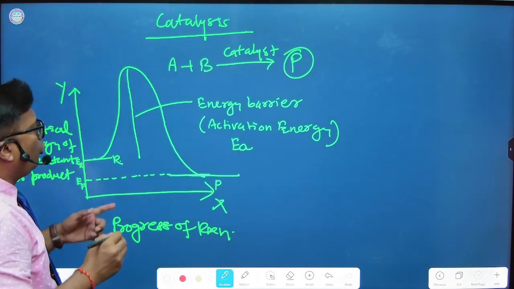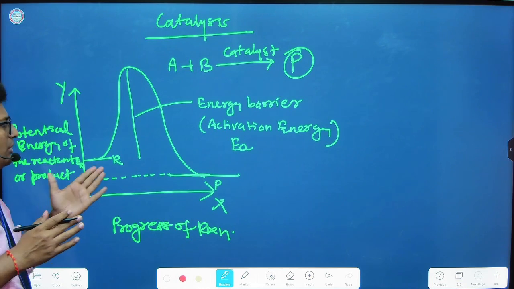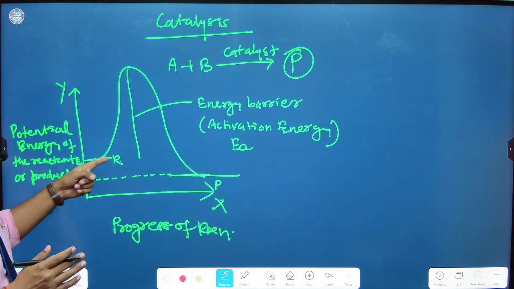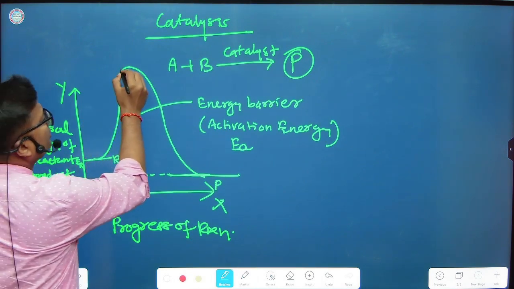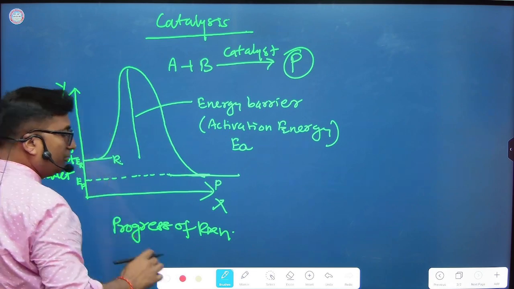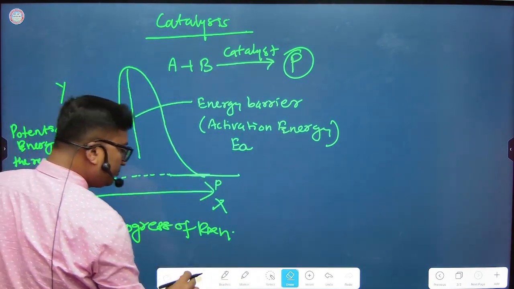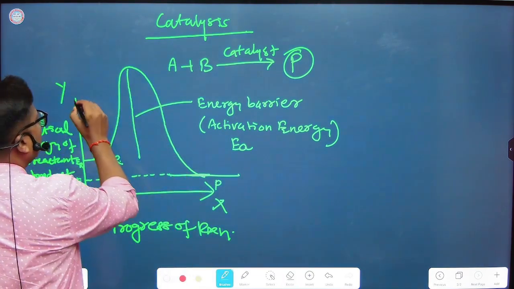So before conversion into the products, all the reactants must reach this point, right? So suppose we have to increase the length of this particular axis,